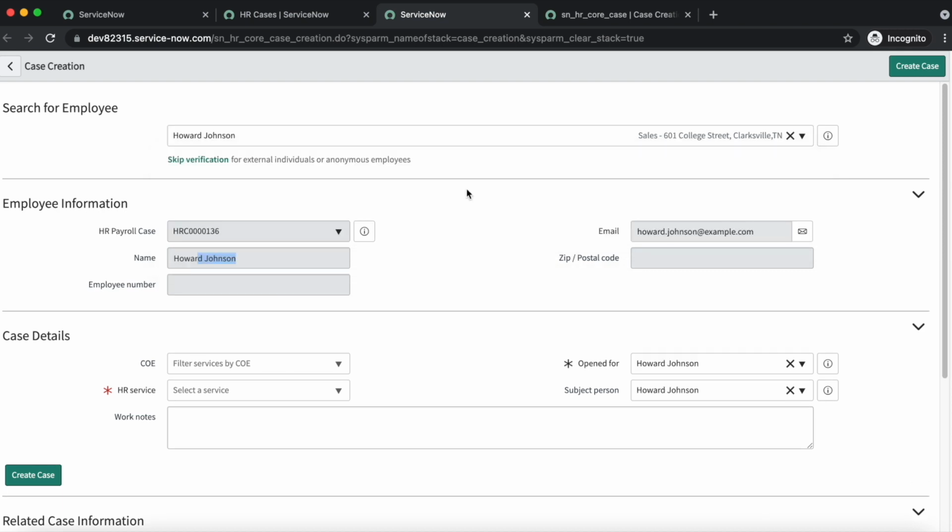So whatever you need, you can add fields over there to populate the names of the users or employees accordingly. Basically, you can search a user in two ways to create an HR case in ServiceNow: with the help of employee name or with the help of HR case.